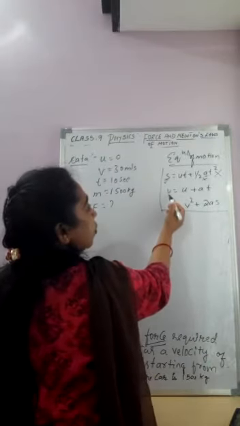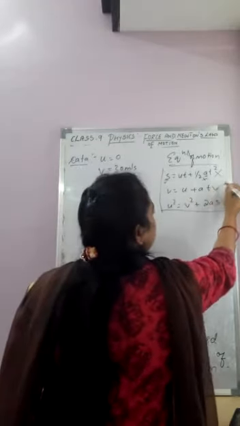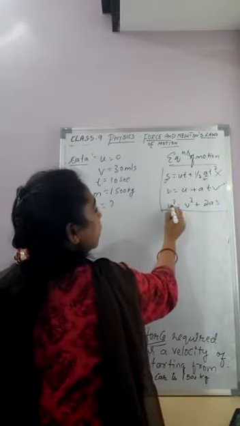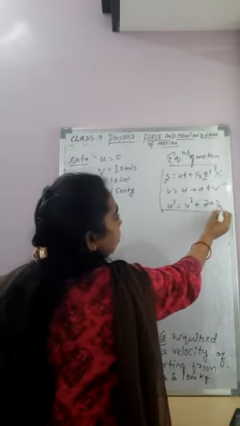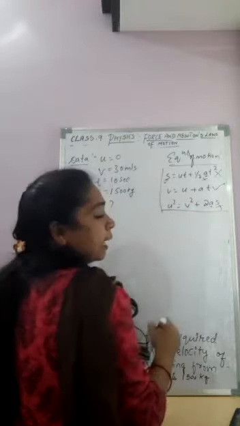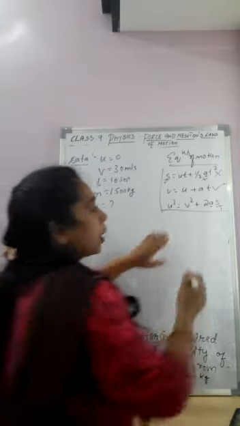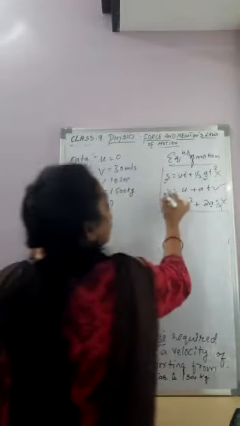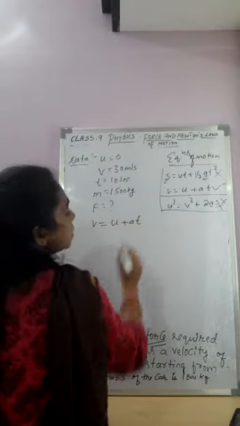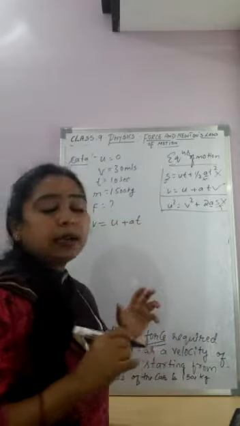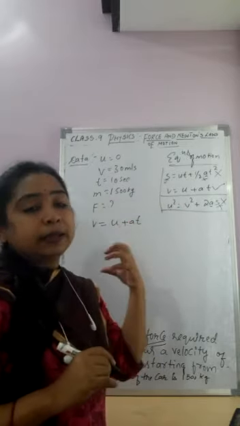And next, here V is given, U is also there, T is also there. I can go for this also. And then when it comes here, U is there, V is there, S is not given. You are supposed to calculate A, but T is not given here. When two terms are unknown, I cannot go for this either. So we can go for this formula, that is V is equal to U plus AT. Always you need to collect the data first. You write all the formulas on one side so that you can pick which one is suitable.